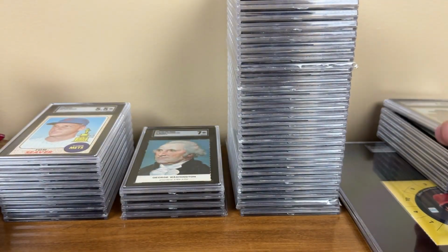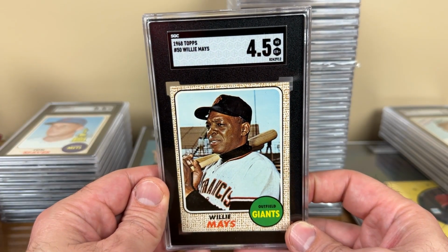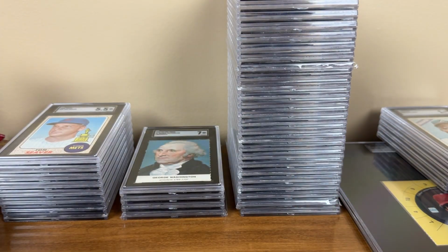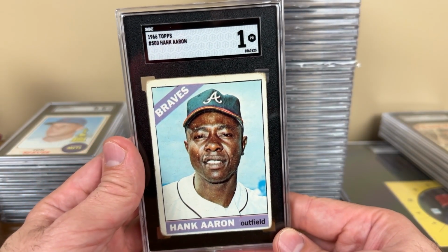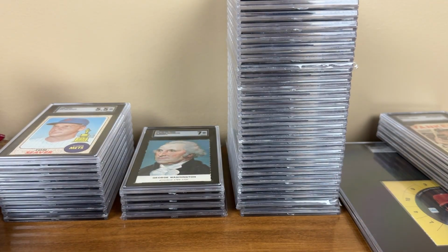Beautiful Willie Mays card. Another Willie Mays, 1968 Topps in a 4.5 VGEX Plus. For some reason I've come across a bunch of those. Hank Aaron from 66 Topps in a 1. Again, the biggest of stars, just to me, I like getting them graded, even if I'm pretty confident they only